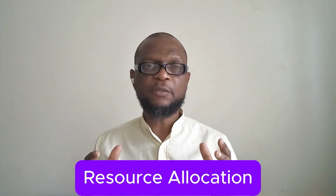The second factor, therefore, the importance of a strategic roadmap is resource allocation. Now, without the roadmap, it means that resources can be misused or even wasted. However, where there is a strategic roadmap, it means that there is efficient allocation of resources. Resources will go to those initiatives, to those activities that are there to foster the apprehension of your vision and your mission. So without it, things can be used willy-nilly,